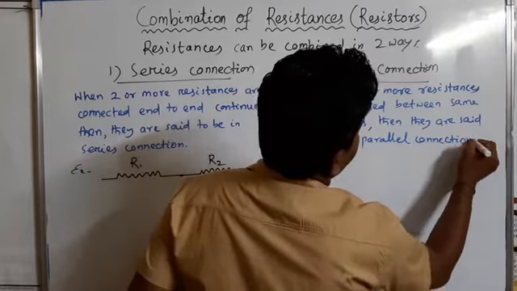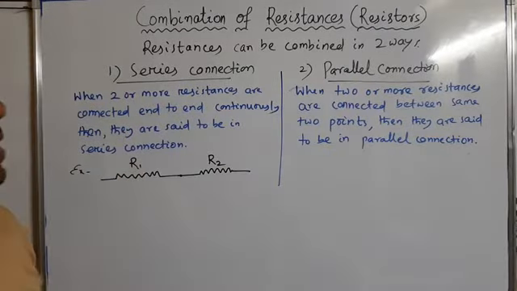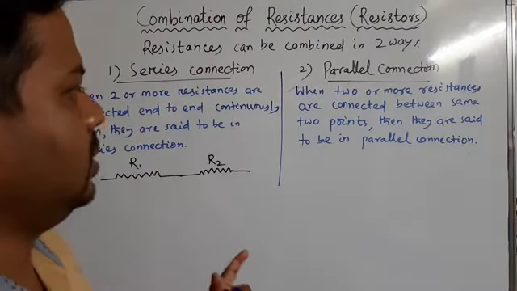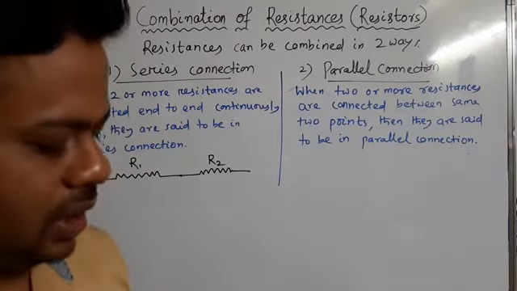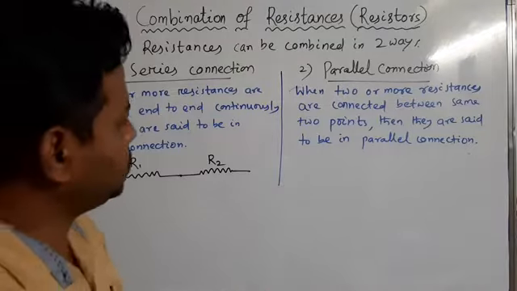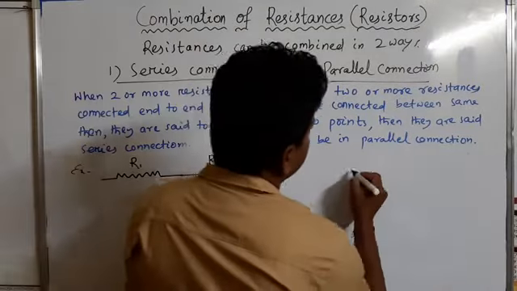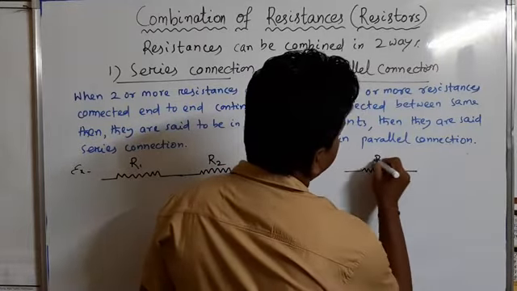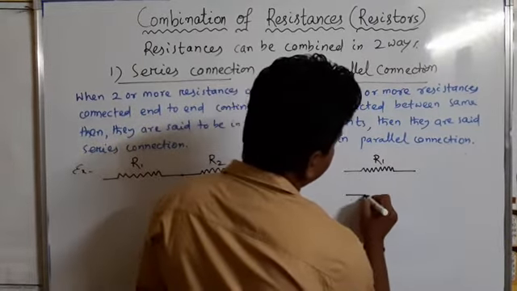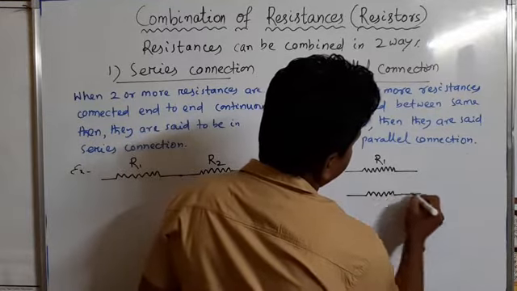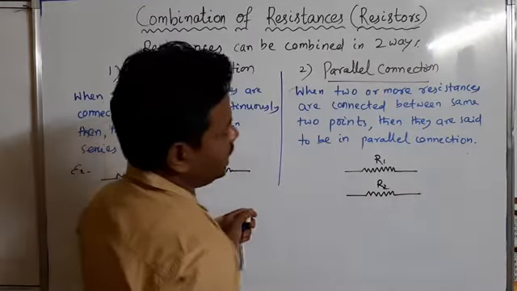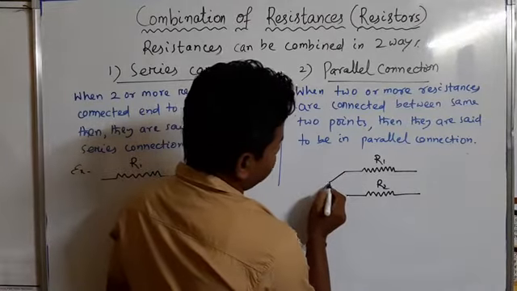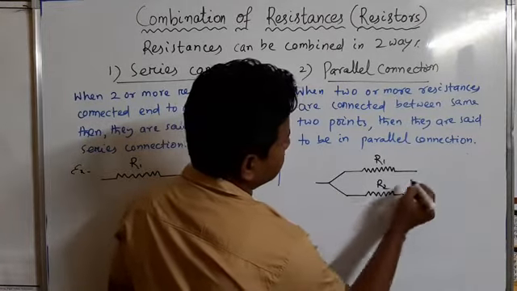It means if two or more resistors are connected between same 2 points, then they are said to be in parallel connection. So we will discuss it with the diagram. Let's say resistor R1 is here and another resistor R2 is here, and if they are connected within the same 2 points, it means if I join like this,